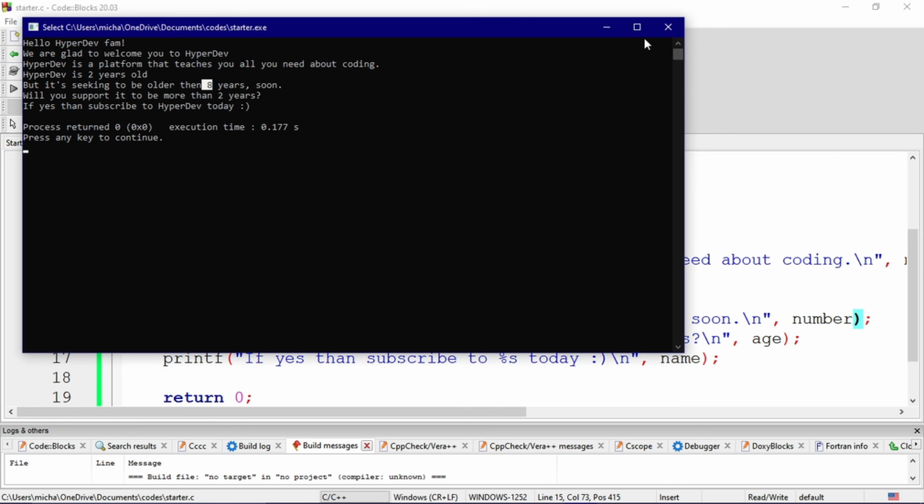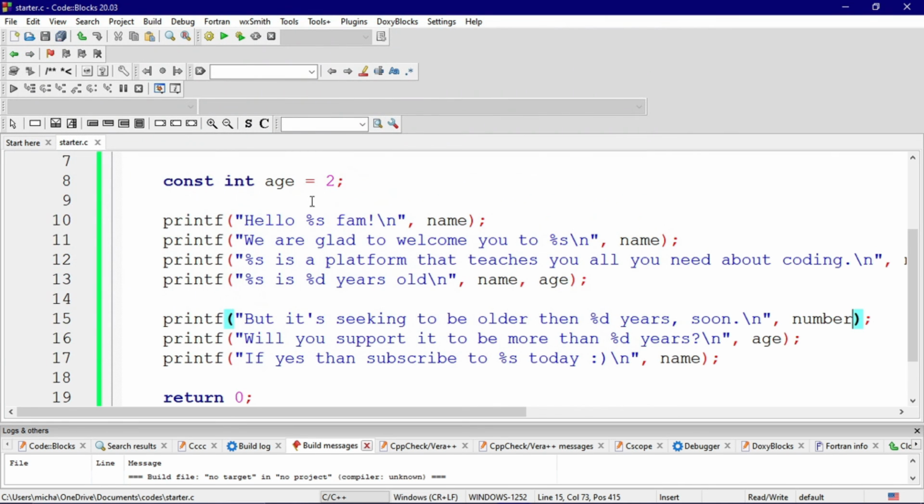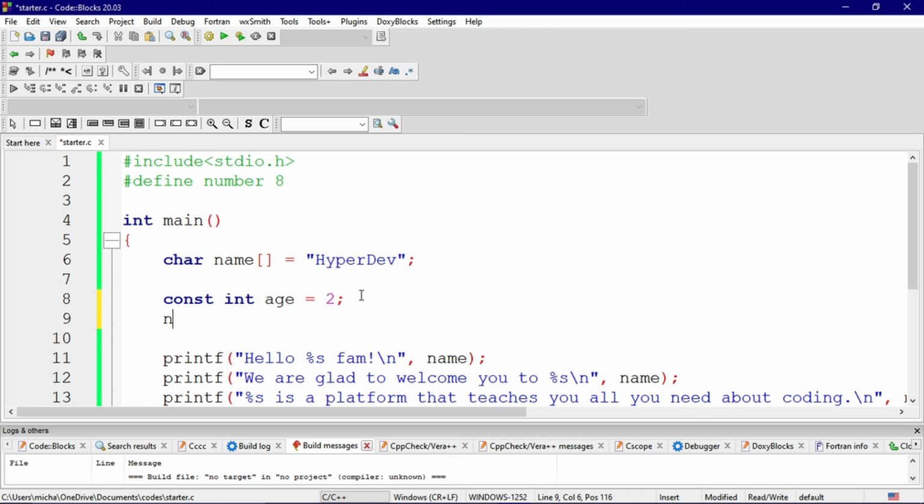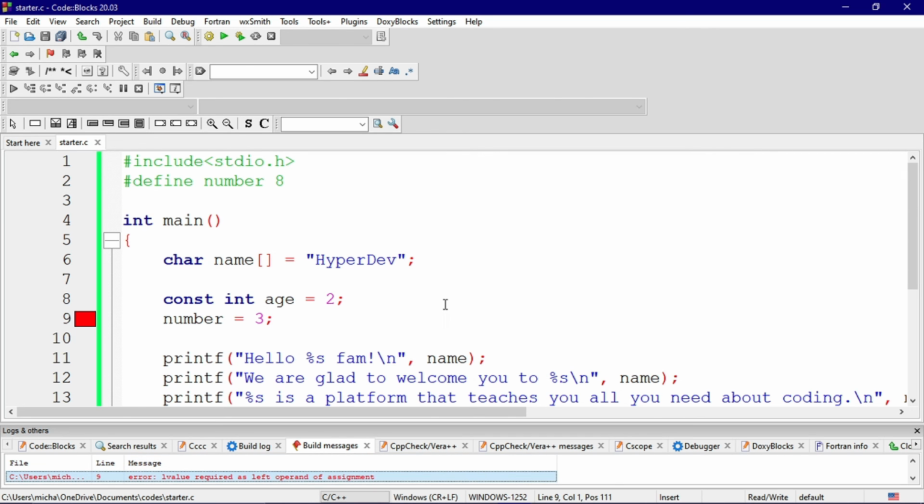The major reason behind this is that now it is using a direct value from the defined value up there. So in this code, if you use this same address, which is number, and try to change that value to something, then run the code, it won't work. The reason is because it says one value required as left operand of assignment. Here only one value is going to be required. There's nothing like you need this or you need that.